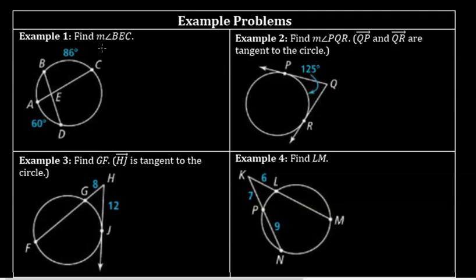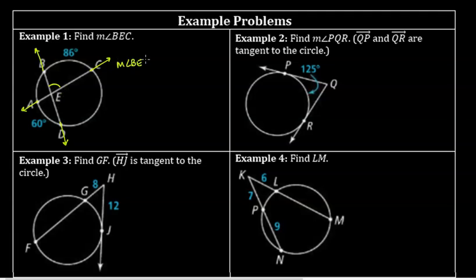All right, in example 1 here it says to find the measure of angle BEC. So we can look at that angle and realize that it's formed basically by two secants. Now, in the picture, it's actually formed by two chords, but we talked about how if I take a chord and extend it in both directions, then it essentially makes a secant, right? And so I do have an angle here that's being formed by two secants,